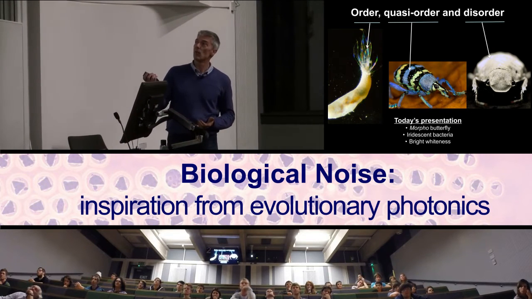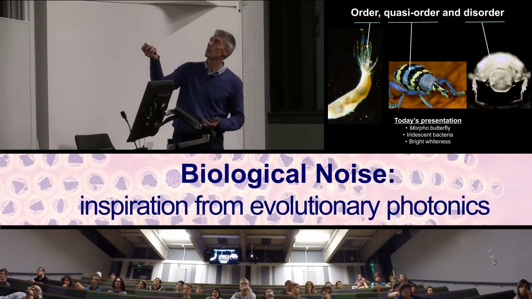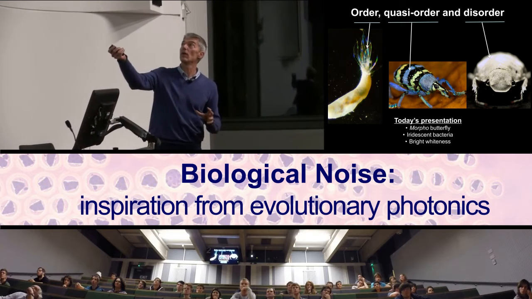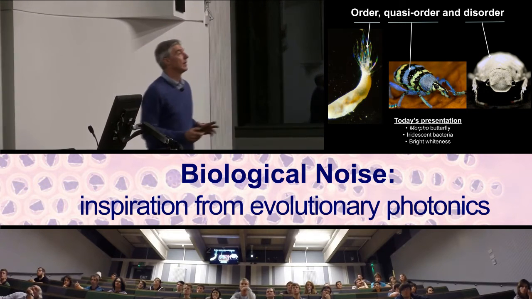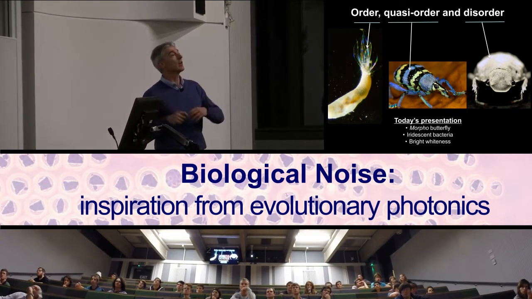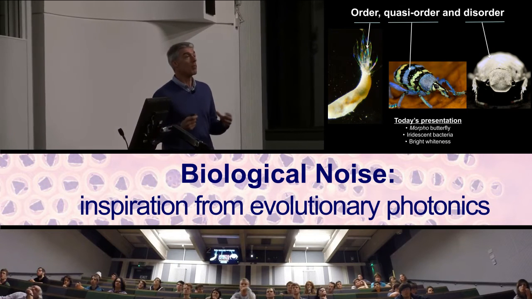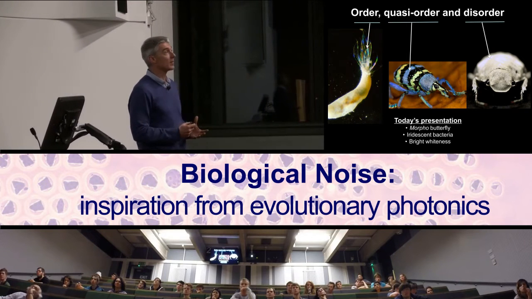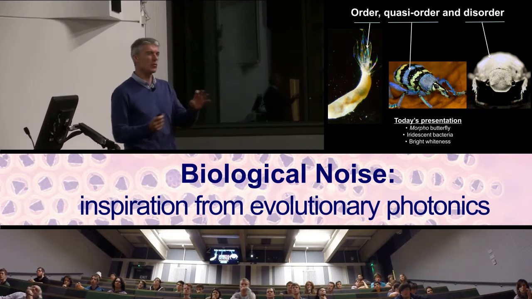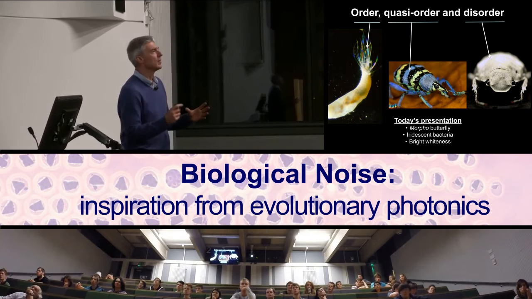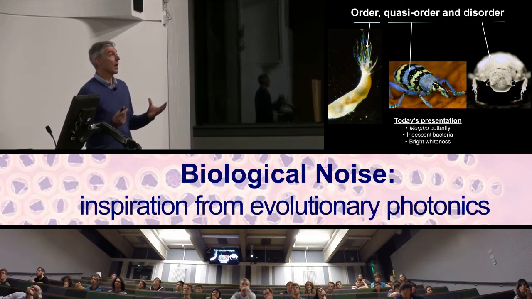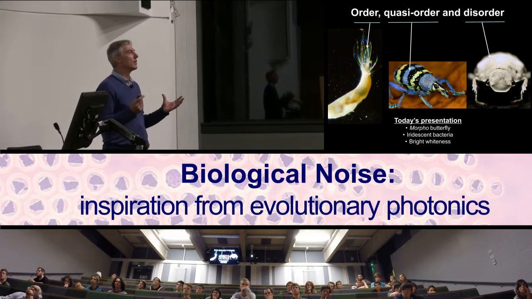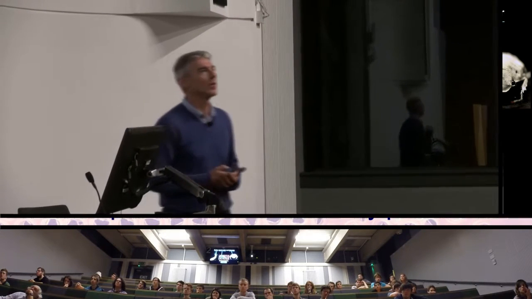And this idea of bright whiteness, you can see that this object here, this beetle, is very white. And the sliding scale from order through to disorder leads to a sliding scale in appearance from bright saturated colour to diffuse broadband whiteness. I don't use the word colour when it comes to whiteness, because a white appearance comprises all the single colours, as it were, that we can see.